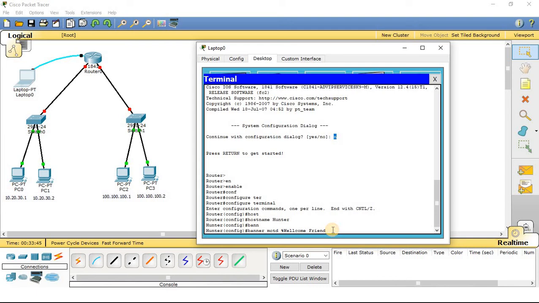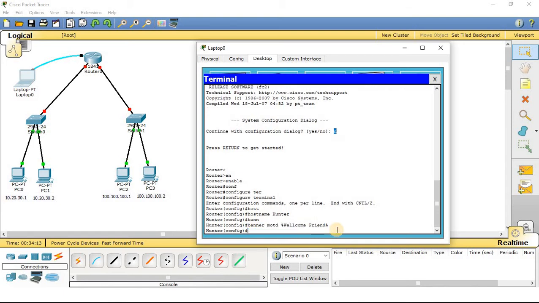So again I will write the percentage. The message I will provide to each and every user is welcome friend. Remember the command: banner MOTD, followed by two special characters, and between the special characters you provide the user defined message. So let me press enter.